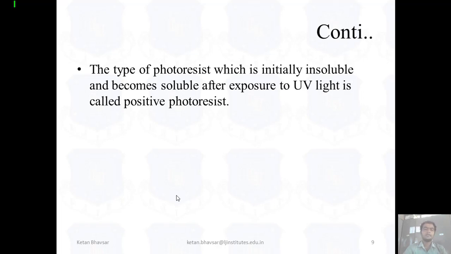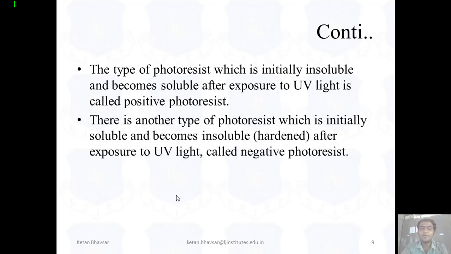So, the question arising in our mind is: what is photoresist, what are the types of photoresist, and why is photoresist used? As I already told you, the photoresist is a main element to provide the conductivity between the substrate and the input terminal. And there are two types of photoresist material that we have, called positive photoresist material and negative photoresist material.